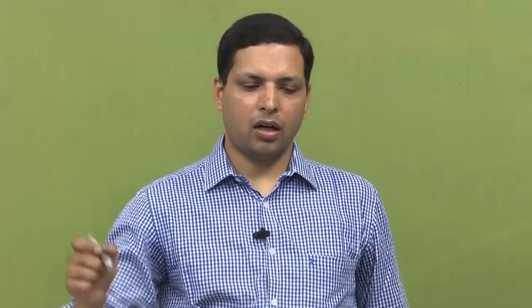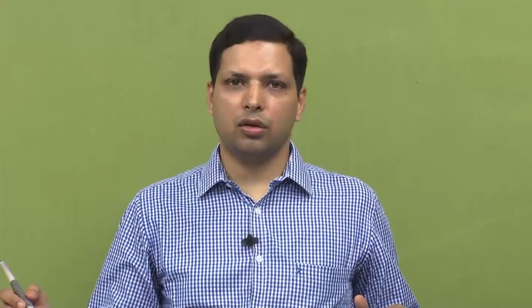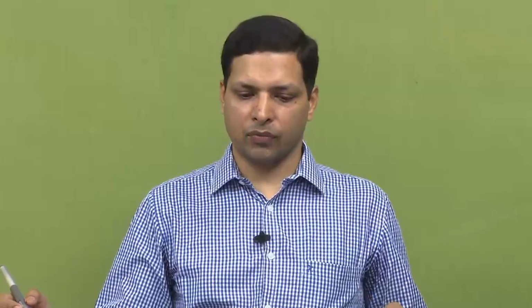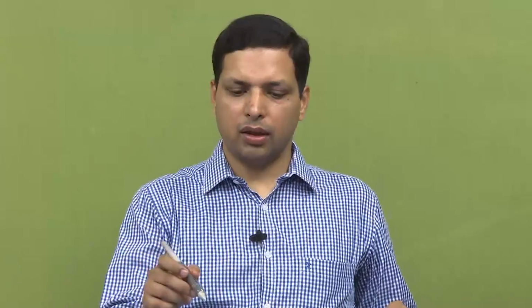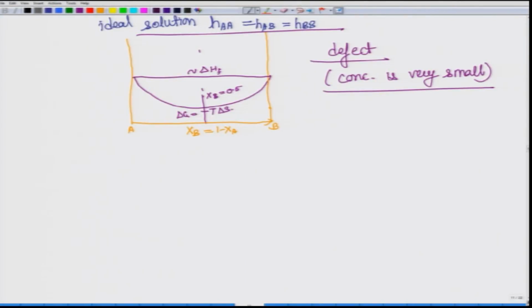Okay, so let us start from where we left in the last lecture. We were looking at substitutional kind of impurity. In substitutional impurity, as we said, one of the atoms A has been replaced by impurity B. Therefore, we have different kind of bond. Initially what should have been AA bonds now has been replaced by AB bonds, and we said that this delta HF, the enthalpy of formation, can now be approximated by the difference in these bonding energies.